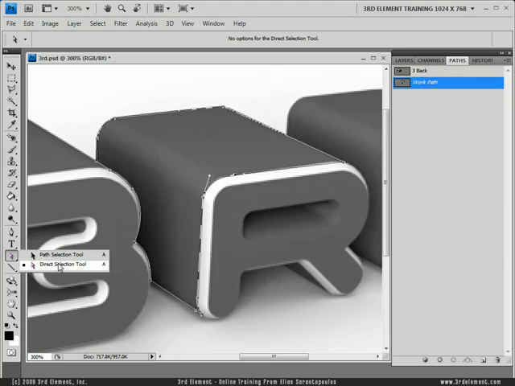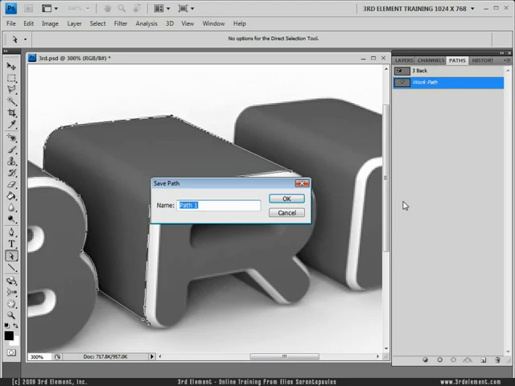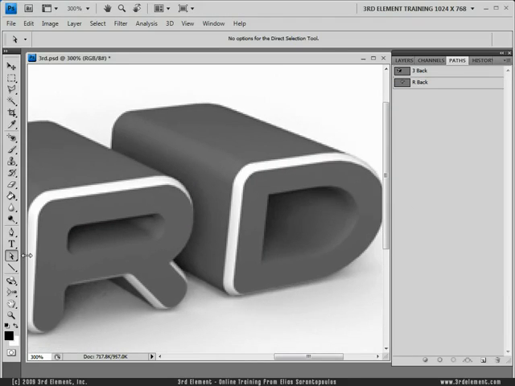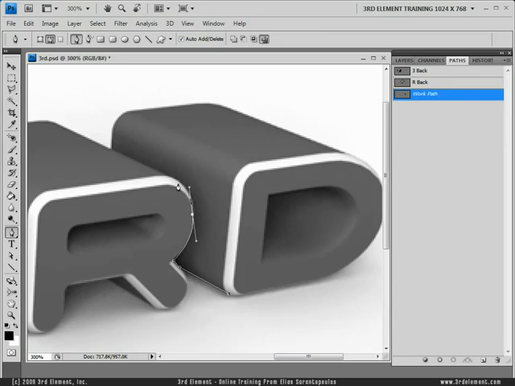Direct selection tool, which is this one, okay. Path seems to be okay. Double check my work. Alright, double click, call this R back. Click away, select the pen tool, click, click, click and drag, and drag, click